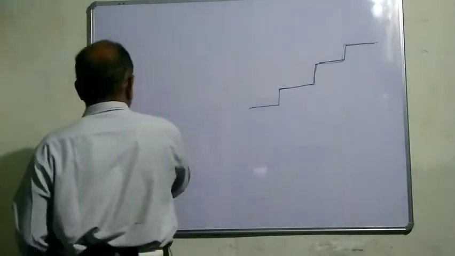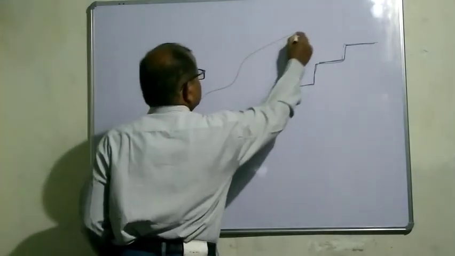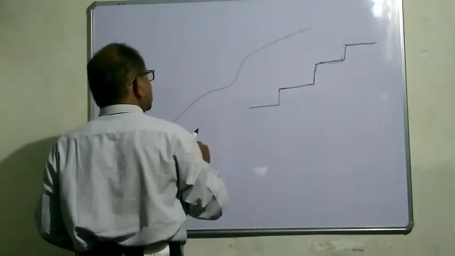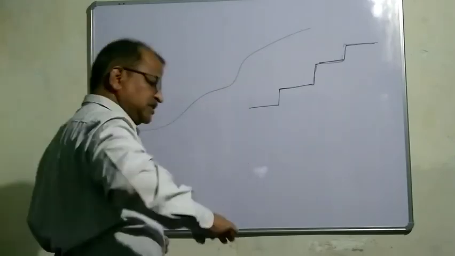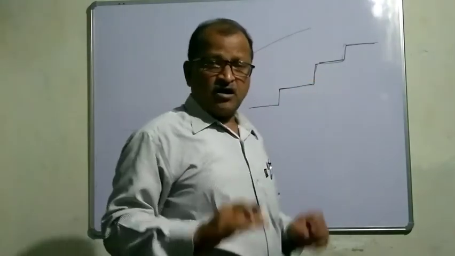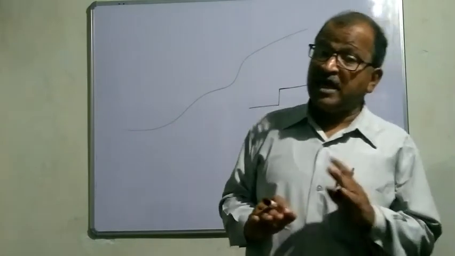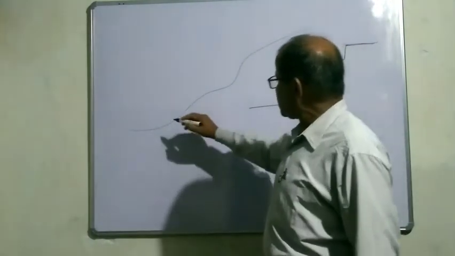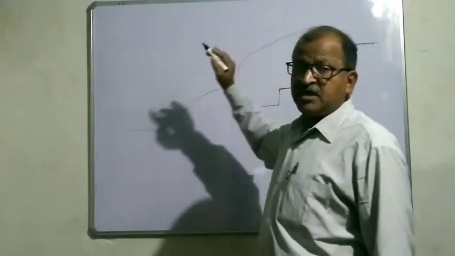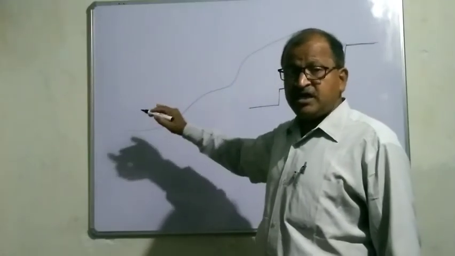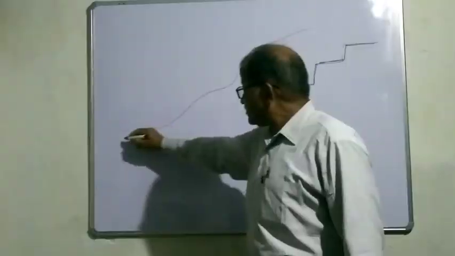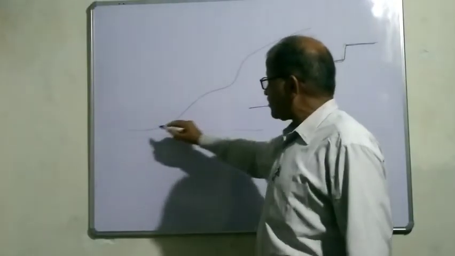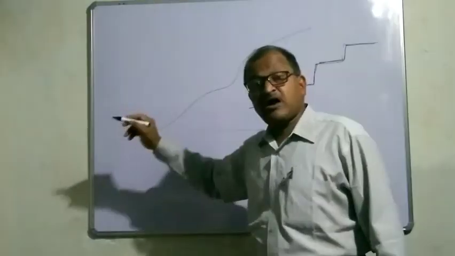So what is the difference between them? The hilltop road is like this. It is gradually increasing. Not all of a sudden does the height increase. In the case of a road, it is continuously increasing. As the distance increases, you are covering the distance as well as the height.